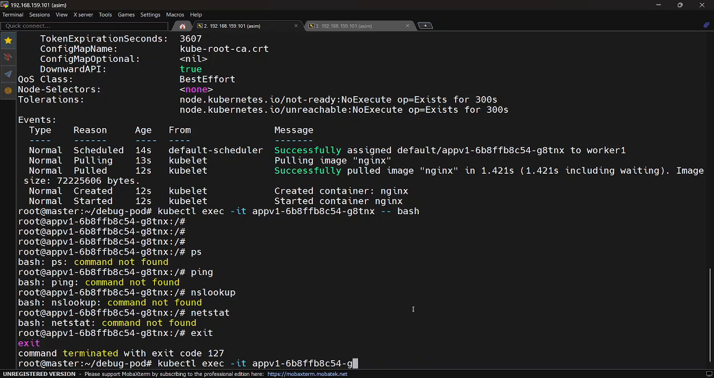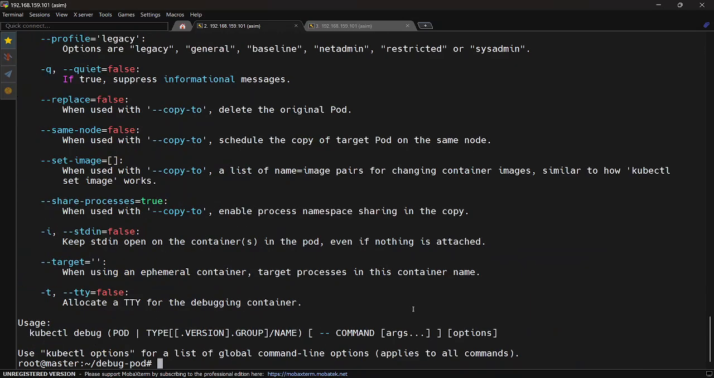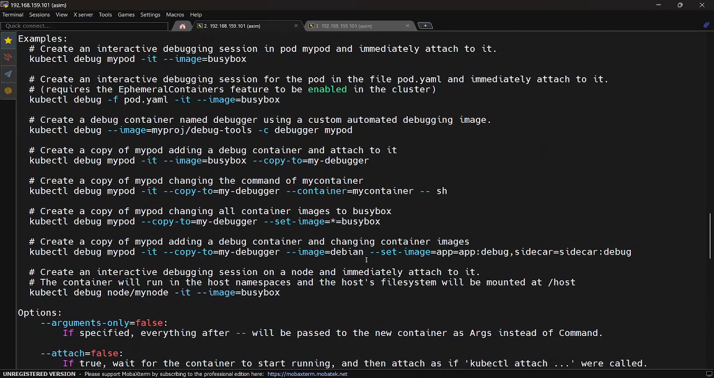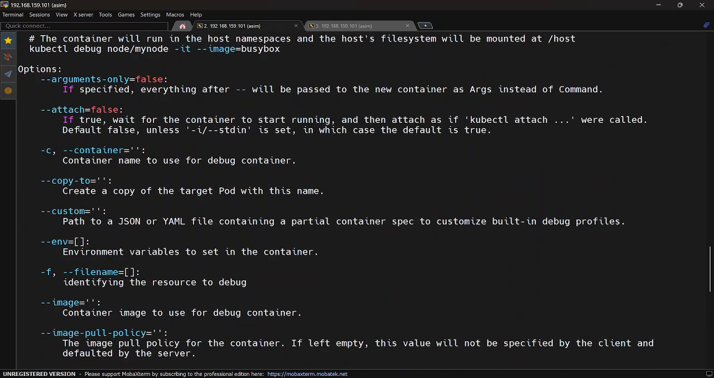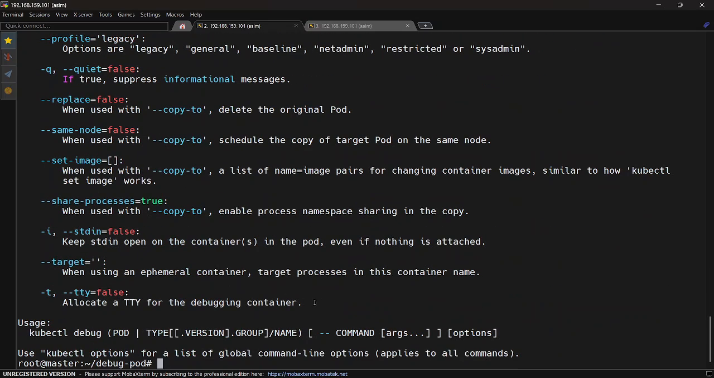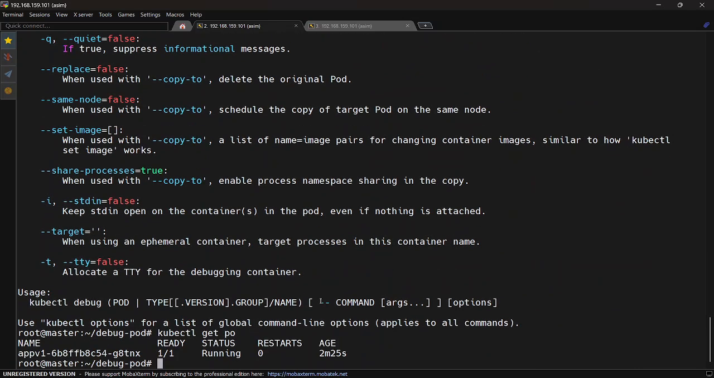So here Kubernetes gives us a debug feature where we can apply debugging. If I just run the help, you can see all these arguments we can use with this debug command. So first of all, let me get the pod again and then I will debug. Then -it is for an interactive connection